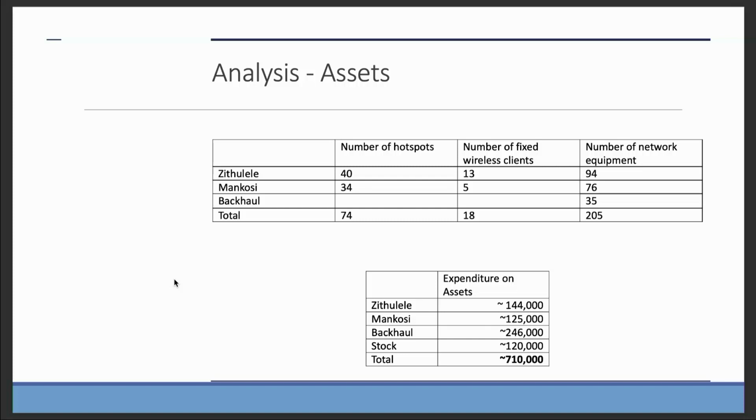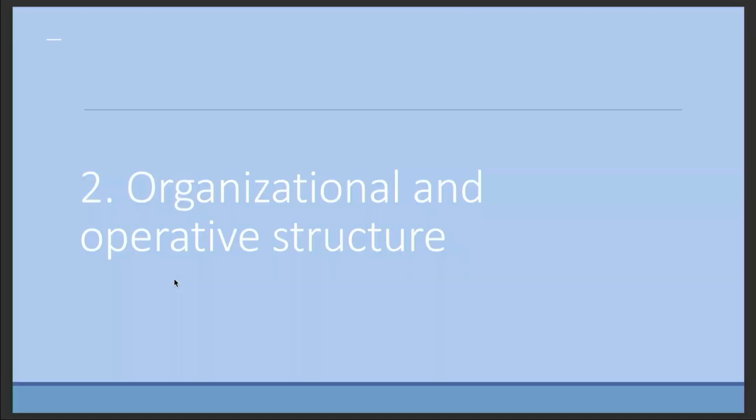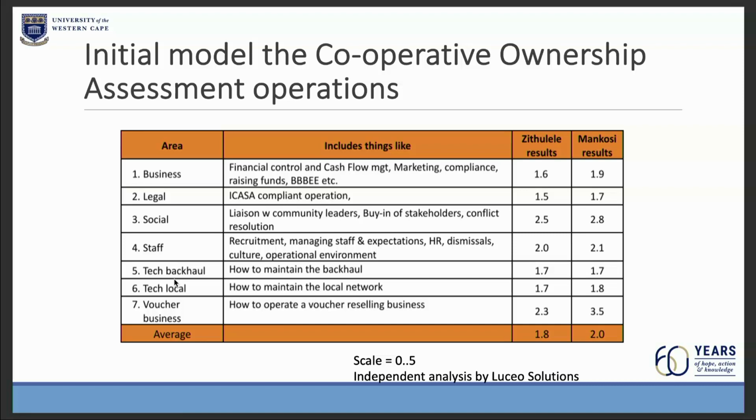Currently, we have a total of 205 pieces of equipment across the communities, including a new community we've just started in, and we've spent 710,000 over the years for the type of network that we have built. From an organizational and operative structure, initially there was the idea of community-owned, and this is where we had to rethink the